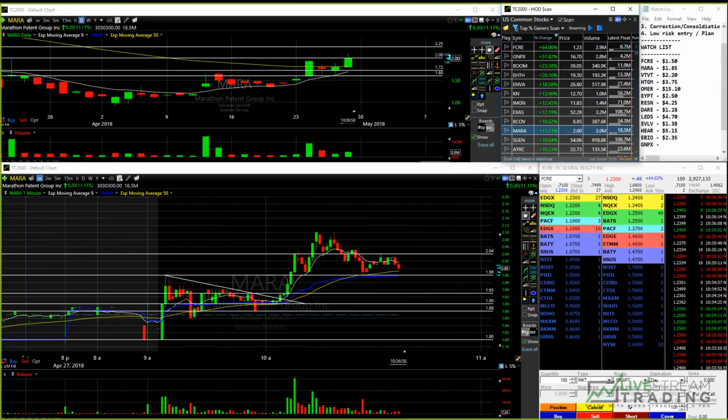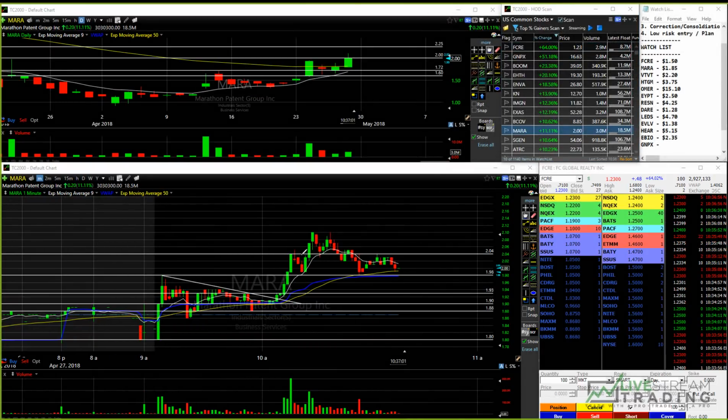So guys, you can see that Mara here, we're getting an inverted cup. Okay, so it's not reclaiming, so far it's not reclaiming 204. It still could try to hang on here and there's still a chance, but